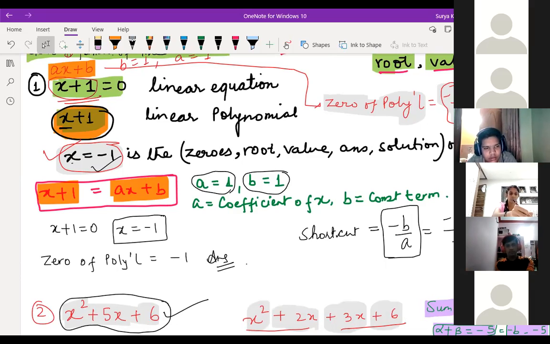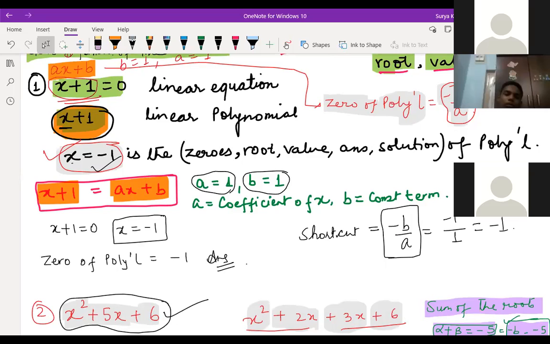It's clear, Hemant? Sir, a silly doubt. Yes, ask your doubt. How do you get a is equal to 1? See, down here I have written coefficient of x. What is the coefficient of x? Before x, what is mentioned over here? 1 is hidden, right? So instead of a, 1 is there. And instead of b, we are getting plus 1. You can ask small doubts, not a problem. Yes, sir. Got it. All right, fine.